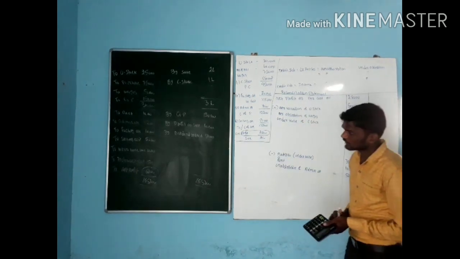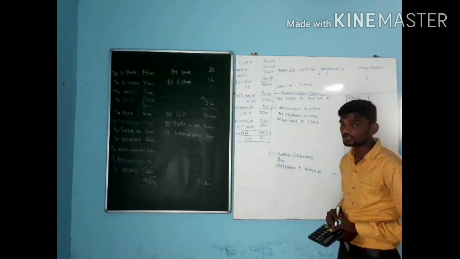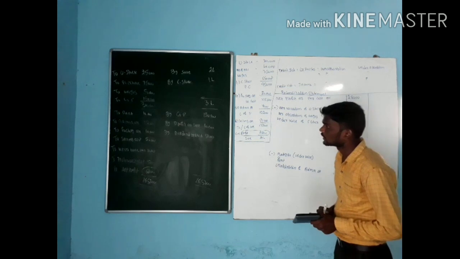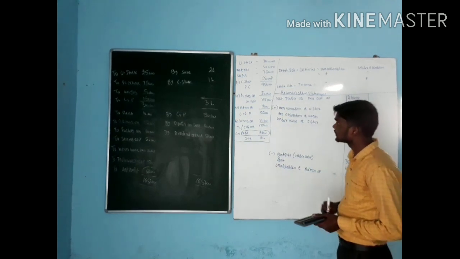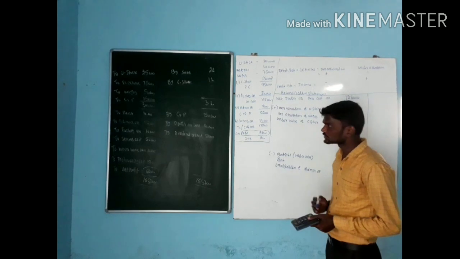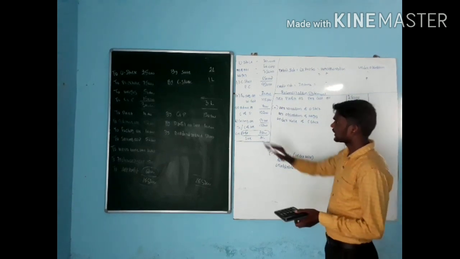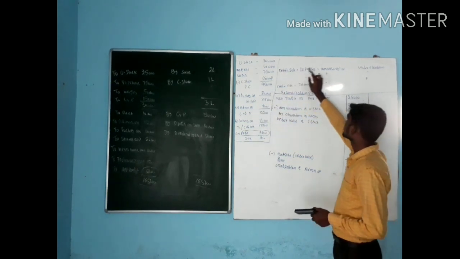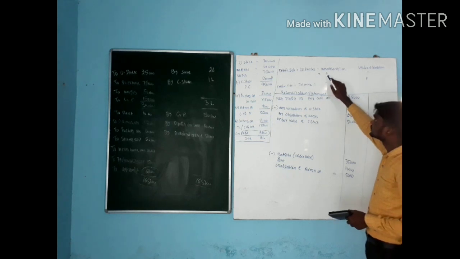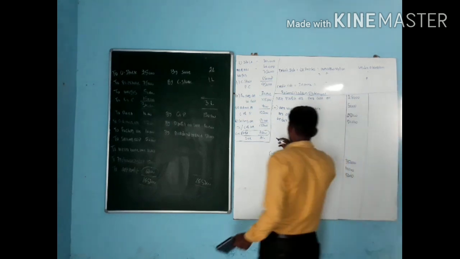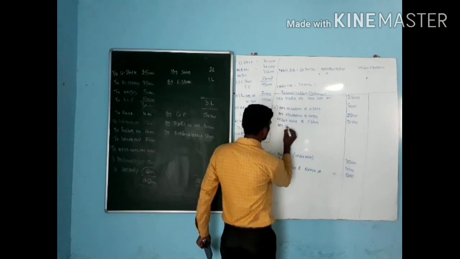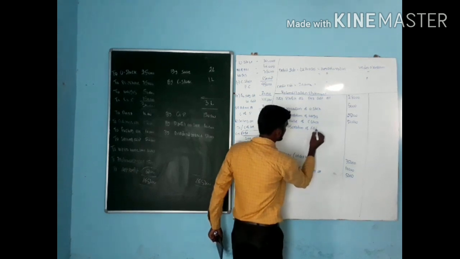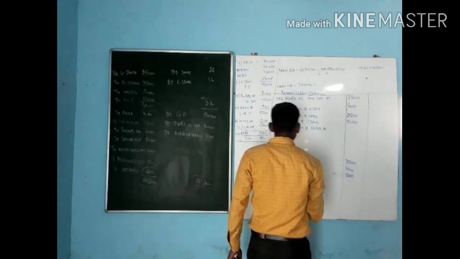Next one, factory overhead is 10,000. Check in the cost sheet how much is factory overhead. If you have not recorded it, it is a kind of expense, so go for minus. Here, factory overhead is 20,000. Actual factory overhead is only 10,000, but in your cost sheet you recorded 20,000. It is a debit expense, so it is over absorption, and we need to add. That is over absorption of factory overhead. How much? 10,000.